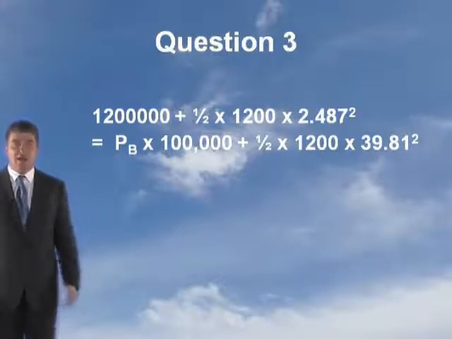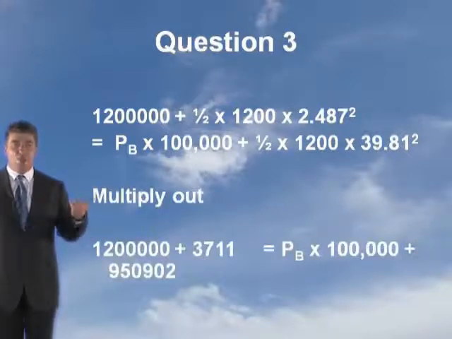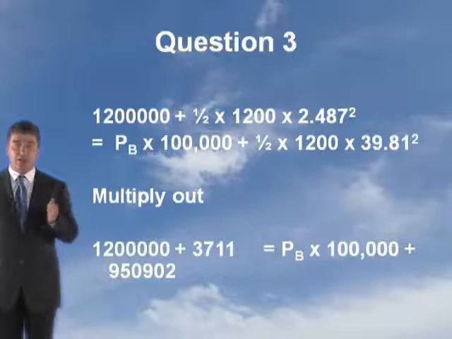Substitute in all known values. You multiply that out, you get 1,200,000 plus 3,711 equals the pressure at B times 100,000 plus